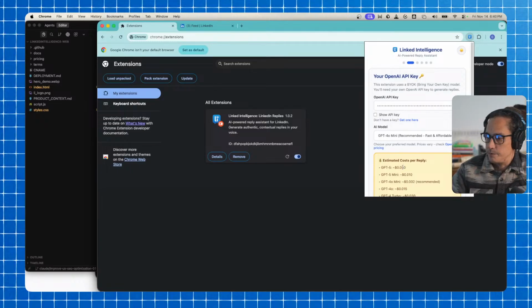So now for the second step, your OpenAI API key. I love our subtext. This extension uses a BYOK, bring your own key model. You'll need your own API key to generate replies. Watch this demo to learn how. And then link that watch this demo to learn how to